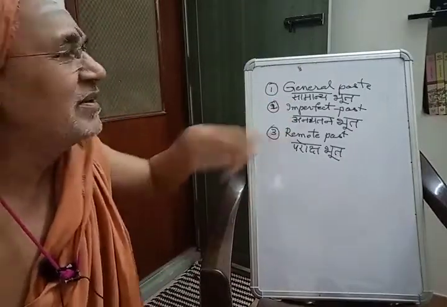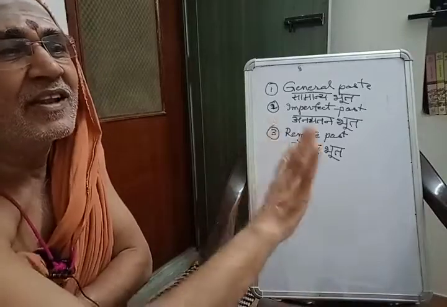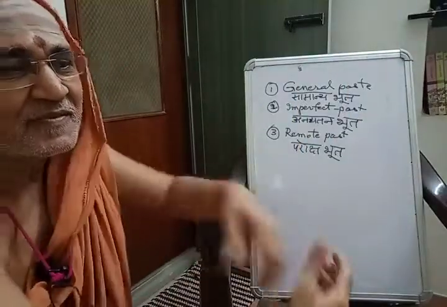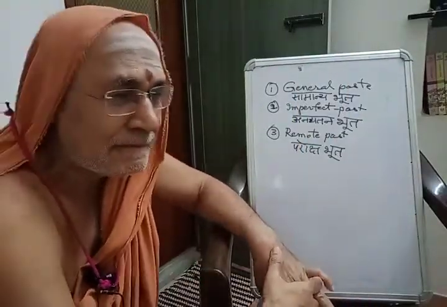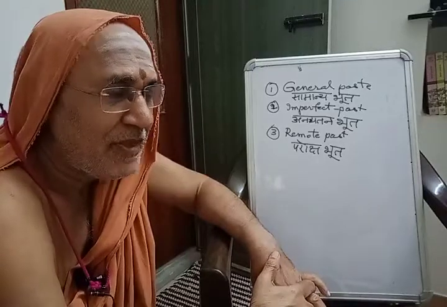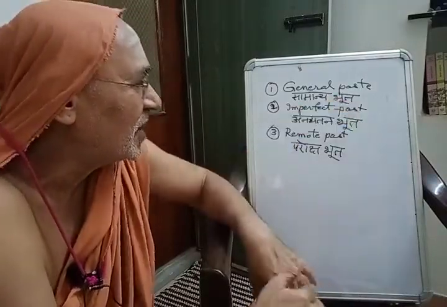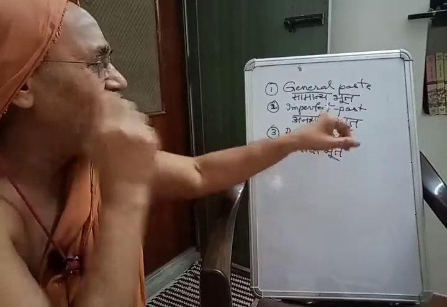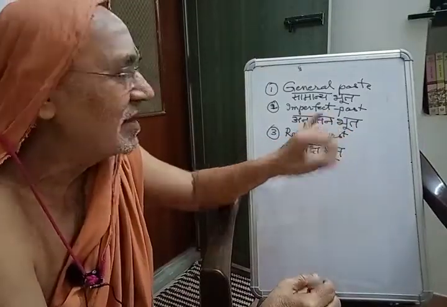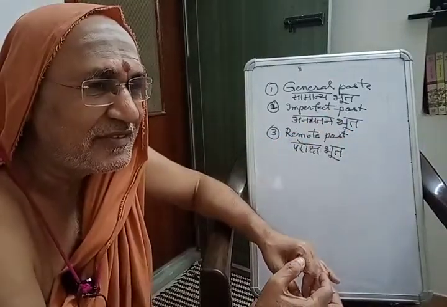Similarly, Samanya Bhuta indicates a general completion of an action. Therefore, we call it Samanya Bhutakala. But the second one is Anadyatana Bhutakala. When we say it is a lung,